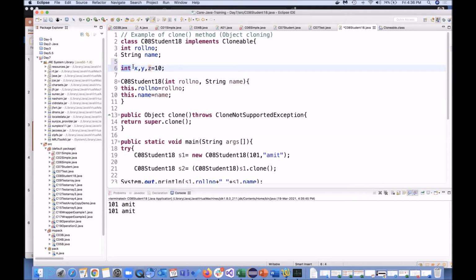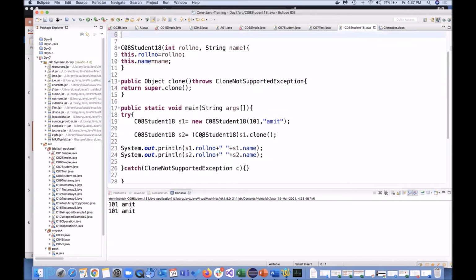But when it comes to objects, and I want to create say 3 objects with the same value, that time I need to use the new keyword. Say suppose I want to create a constructor.